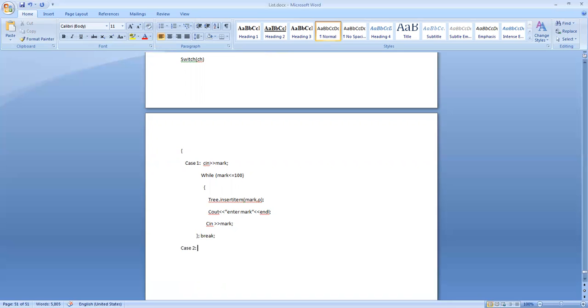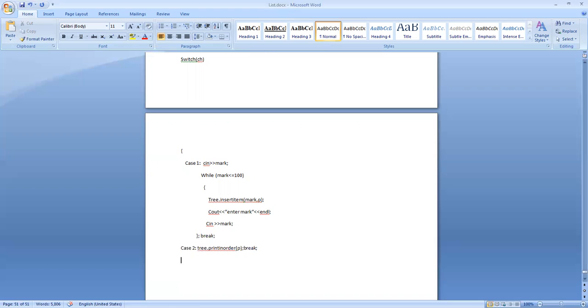Then case 2. Now I display the created tree in in-order way, pre-order way, post-order way. First, I call that in-order function. For that, I use the object tree dot print in order of tree. Okay, then break.